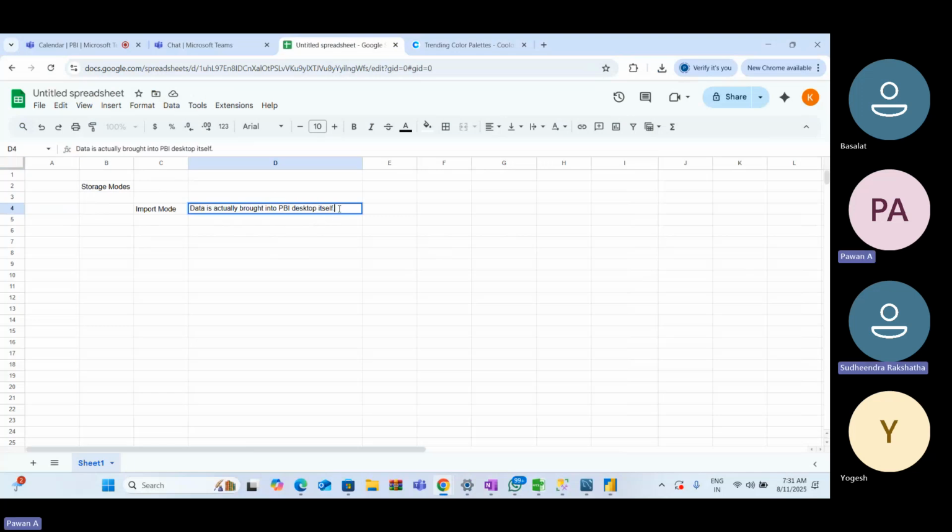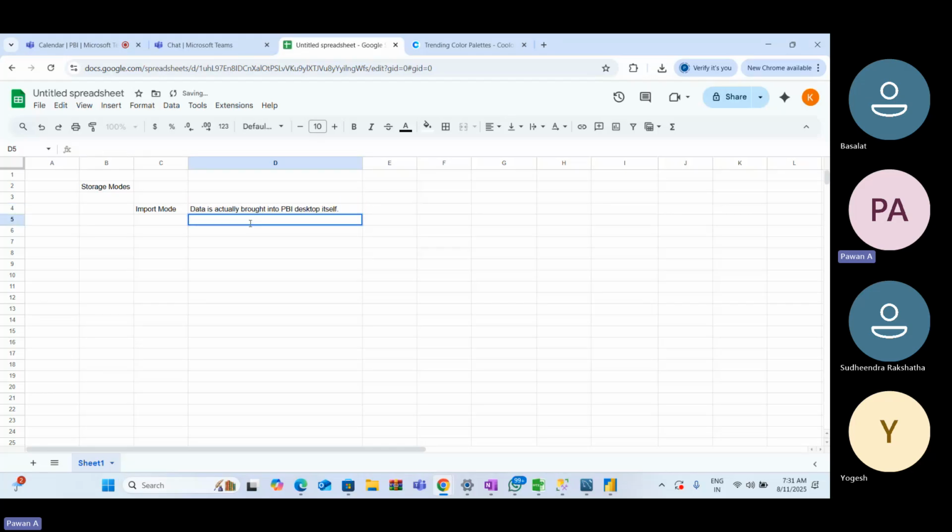As it is. Just like it is there in the back end, it comes into the front end, which is Power BI, and it's like copying and pasting. Okay, you're creating a duplicate. One image is there in the back end, but the same data will also come into the front end, that is Power BI. It's just like copy and paste or duplicating the data. Okay, but what happens here,